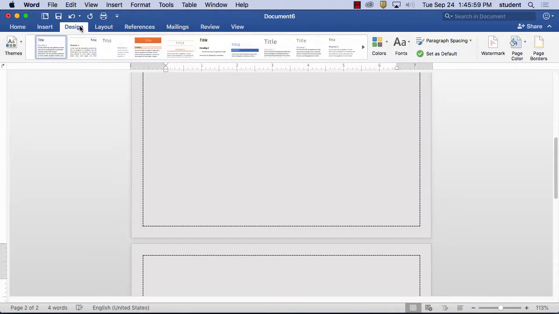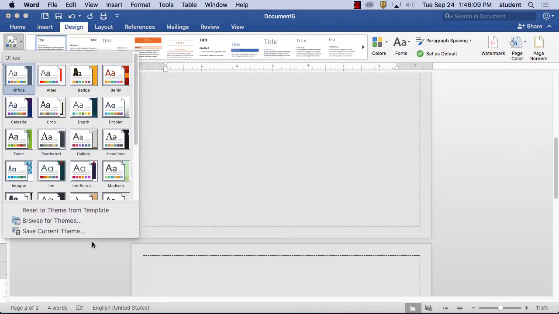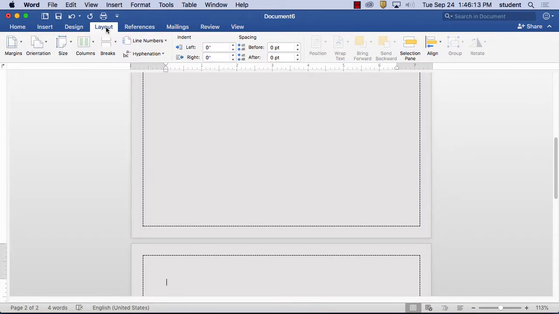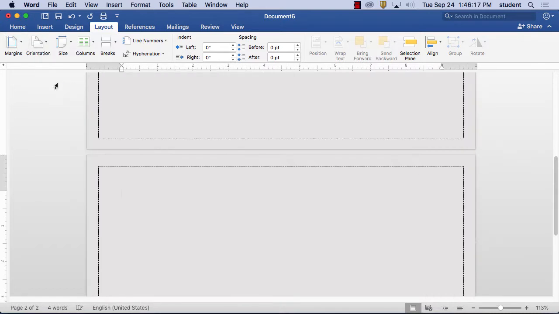Okay, most of that, we went over most of the stuff in design here. Again, we went over most of this stuff here. We did that. We went over themes here, so on. Oh, you can browse other themes as well. Layout, we did most of the stuff. We did talk about margins. Orientation, of course, you can do landscape and portrait. I do sometimes,